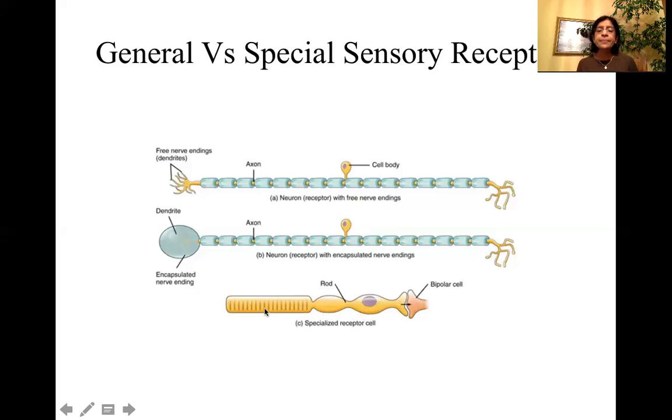This is actually a photoreceptor called a rod that you find in large numbers in the retina of the eye. Please note that here it's not a nerve ending, but a very specialized cell, a bipolar neuron, and then it's connected to another bipolar neuron and another, and so on, ultimately becoming a nerve that you call the optic nerve. In any case, what we want to know here is there are simple structures, there are intermediate structures,